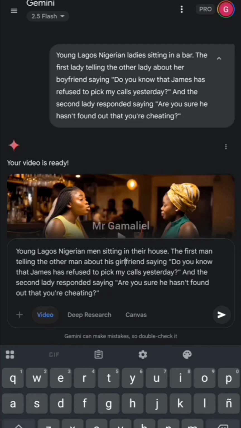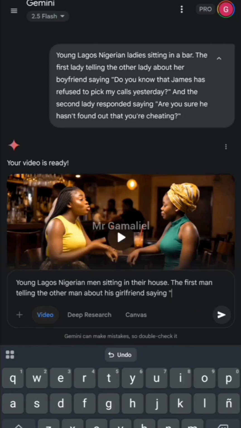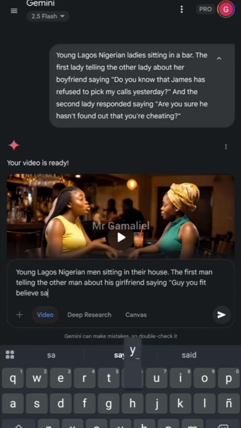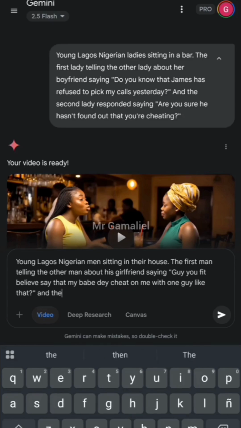Okay, let me just wipe these parts, and just wipe the part that we did. About his girlfriend saying, make I use pidgin for you now. Guy, you fit believe say my babe they cheat on me. It's one guy like that. Do you understand? Now, and the other guy responded saying,